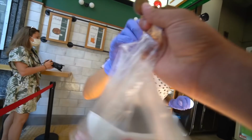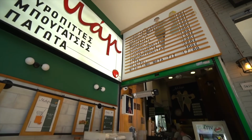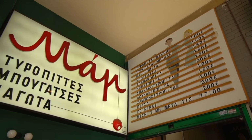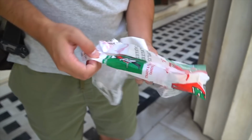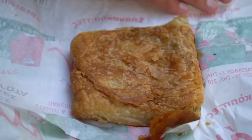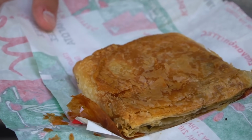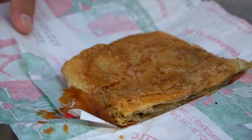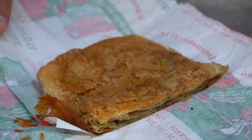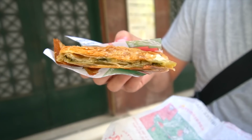This shop, Mum, is a very small stall right on a corner that specializes in Greek pies since 1962. We decided to go for their spanakopita, which is this here. We thought this would be the quintessential pie to compare the two shops we're going to visit today. So it's a phyllo dough. This one's stuffed with spinach, onions, and sometimes it'll come with feta cheese, but this one didn't come with the cheese, and only €1.50. It's a really good deal, and you can see all that phyllo dough flaking off there,